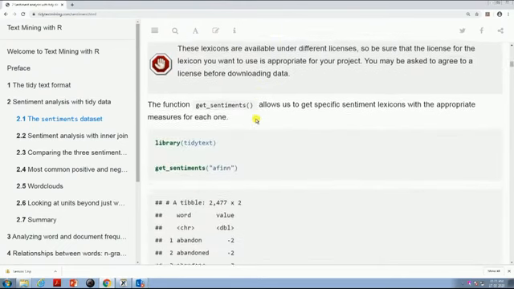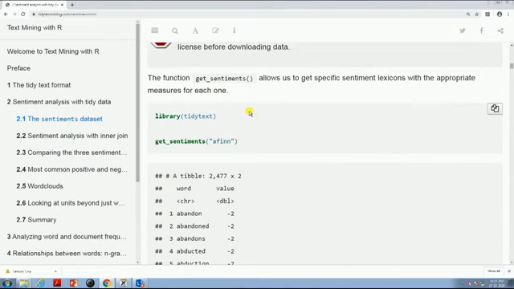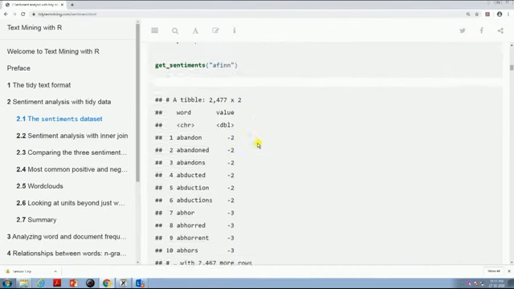So how to do that? Let us say we first call the library called tidytext, and now after calling this library, if you write get_sentiments and then afinn, you can copy each of these codes one by one, paste it in your R programming, and you can see what is happening. If I just write get_sentiments and within that afinn, you will see that there is basically a table of